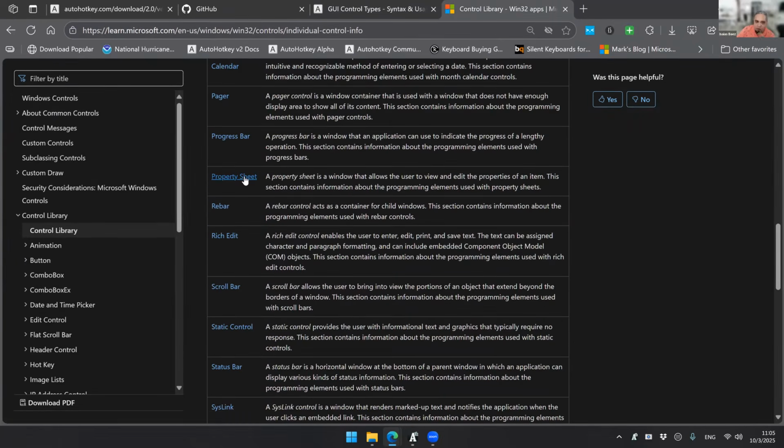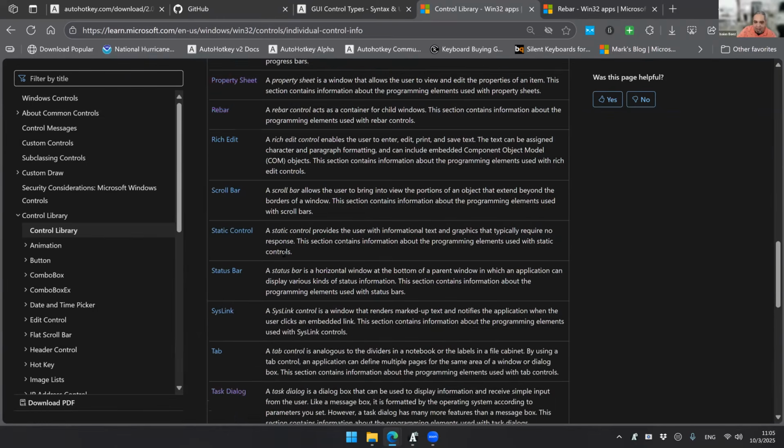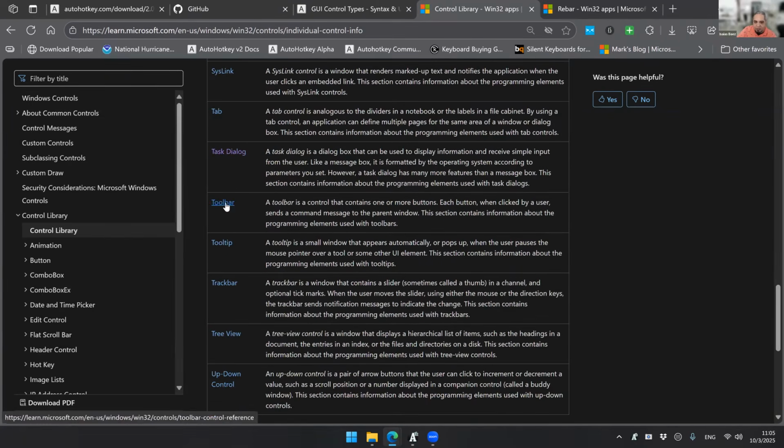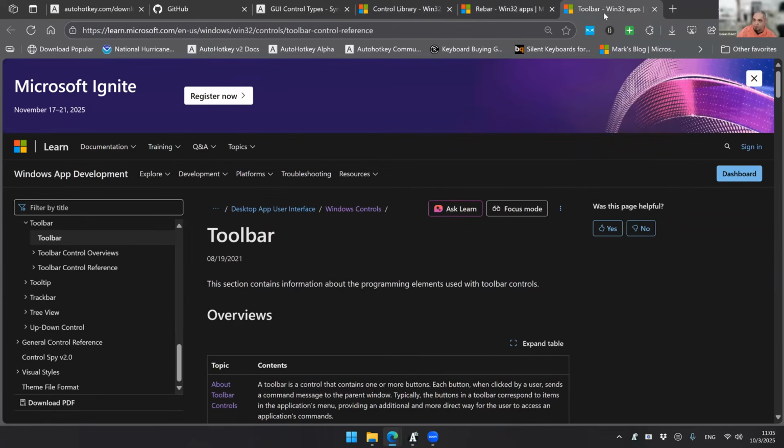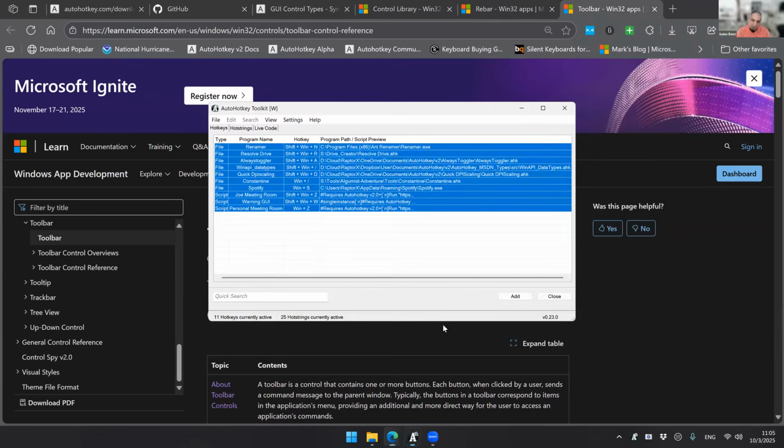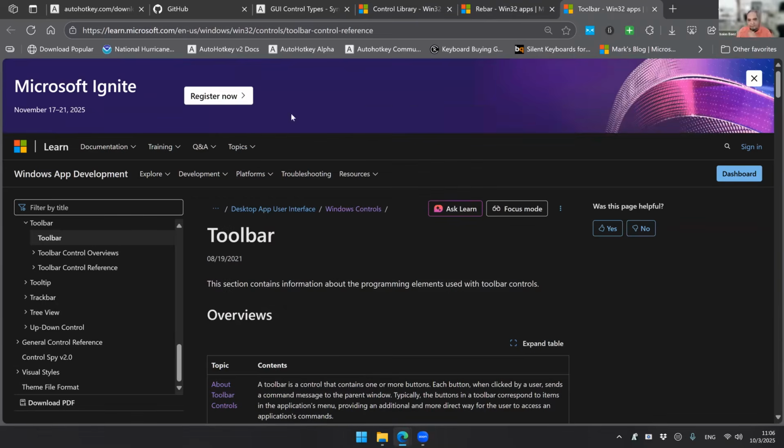If I do a property sheet, I could do that. We can talk about that. That's kind of like tabs. Here, this is a very important one, the rebar, and of course, the toolbar. So you can create any of these guys. Rebars are great with toolbars because you can have them move around. And a good example of that is